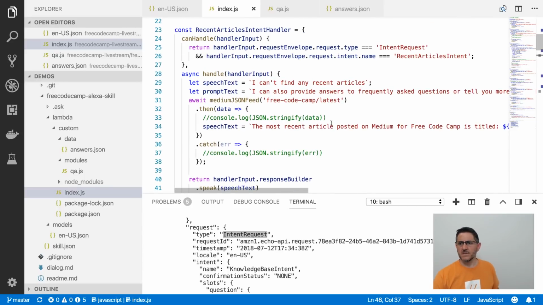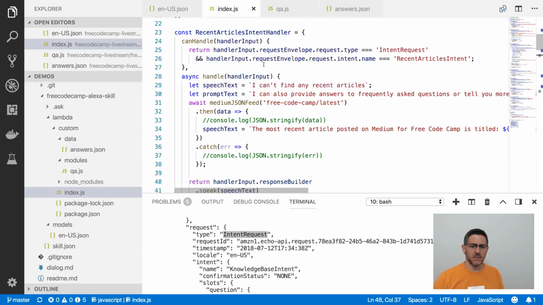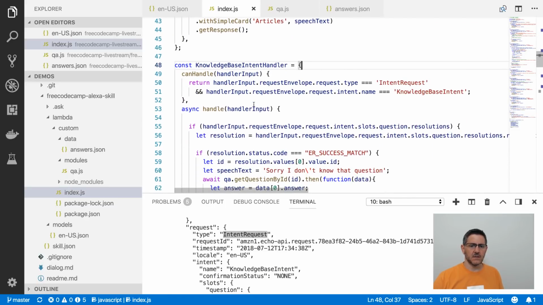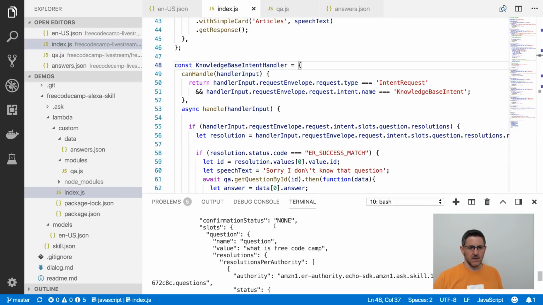I know we talked about this, so I'm just recapping because we've got some time, but the intent handler, not recent articles, the intent handler here is getting this request, and it's coming in as the handler input. And we're looking in here in the canHandle function for the type, and the type is intent request, which is here, and then the intent name. So request intent name, knowledge base intent, which is this,